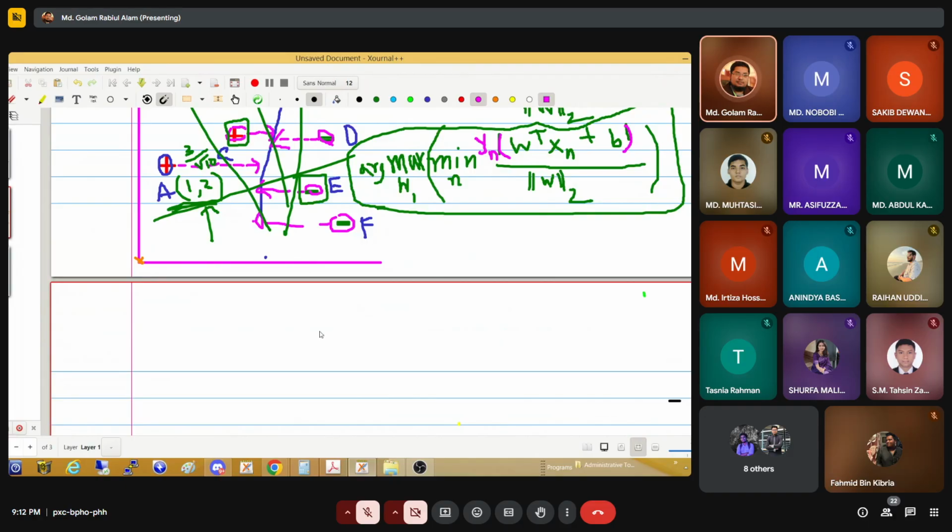So we can write it using the argument maximization, argmax over W, of 1 by the norm of W squared, and then such that